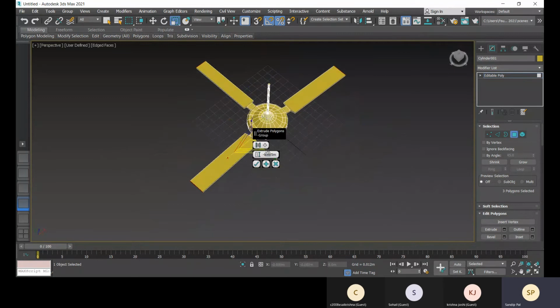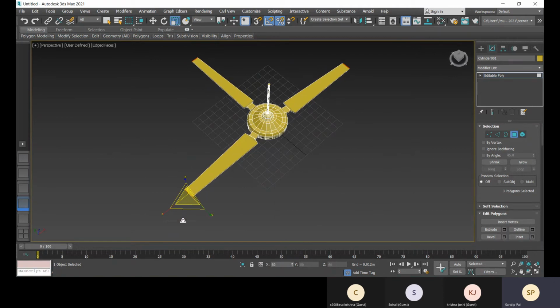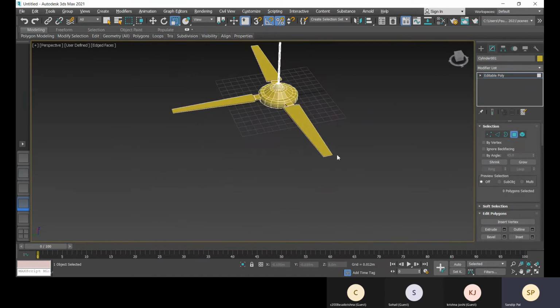Okay, so it should be corrected. Okay, so this way you can create.